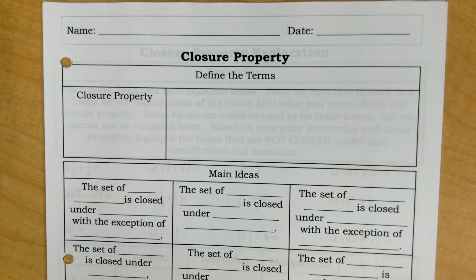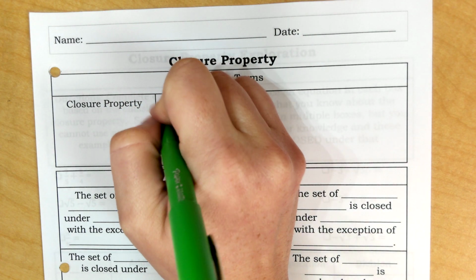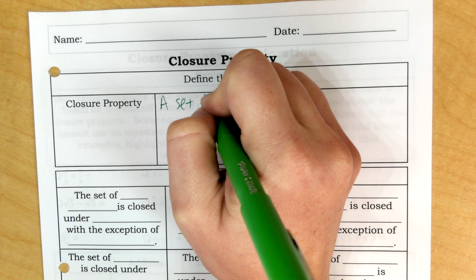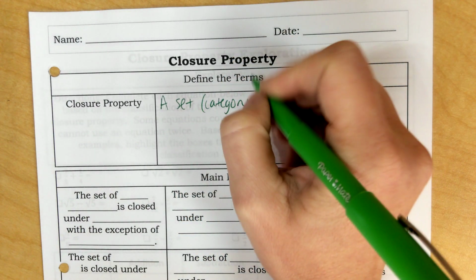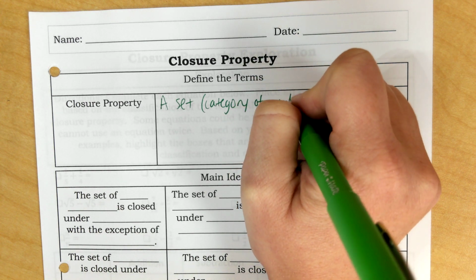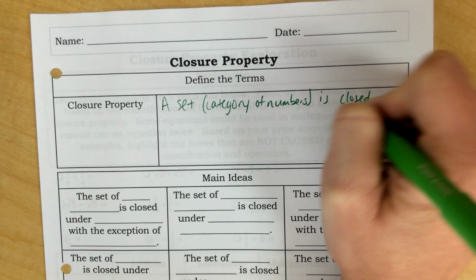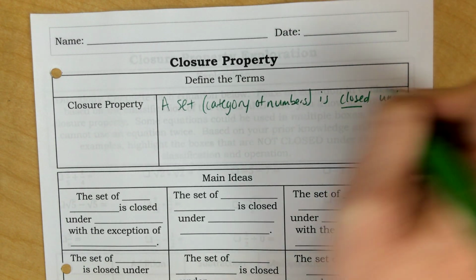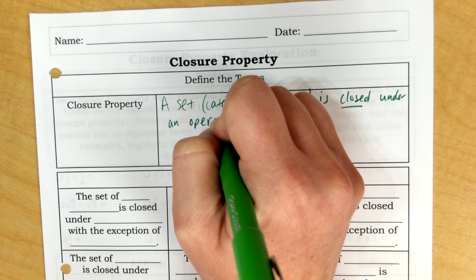Okay, another property that we need to discuss is called the closure property. What the closure property is: when we talk about a set of numbers, we're talking about a category of the real number system like we've talked about, or some sort of group of numbers. A set is closed under an operation like addition, subtraction, multiplication, and division